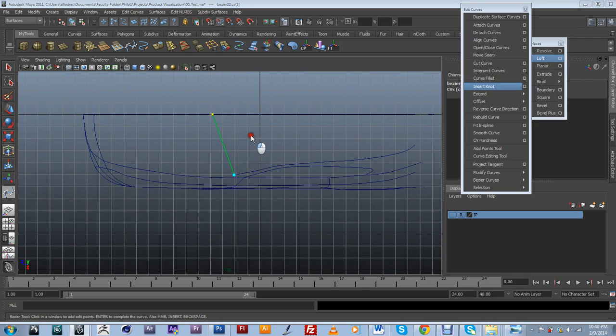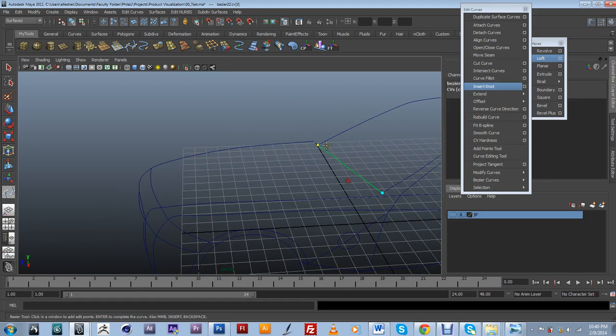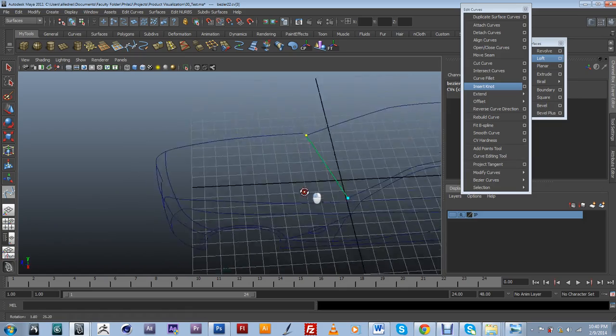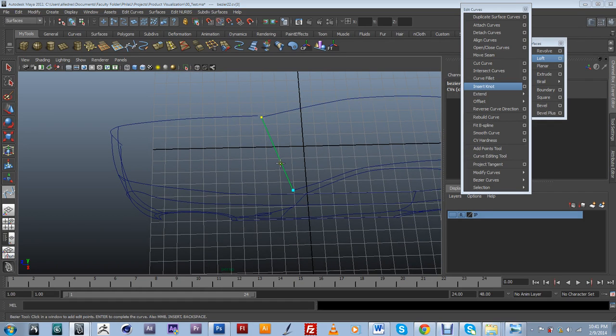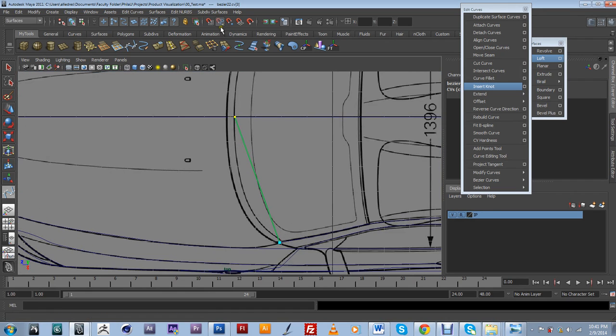And if I go into my perspective, now it's snapped on the 2 splines that I was trying to snap to. So I can go back into my top viewport, turn on my layer again, turn off my snap,